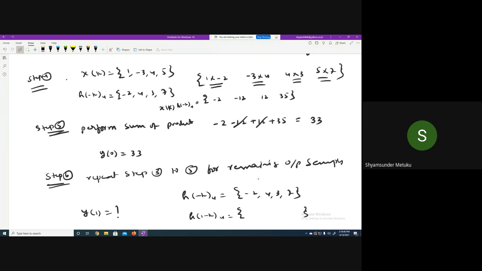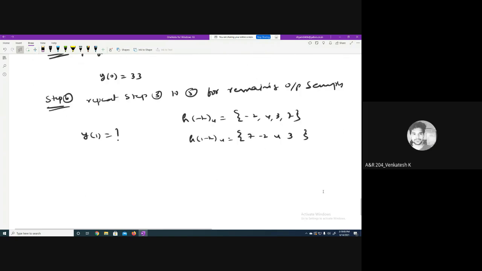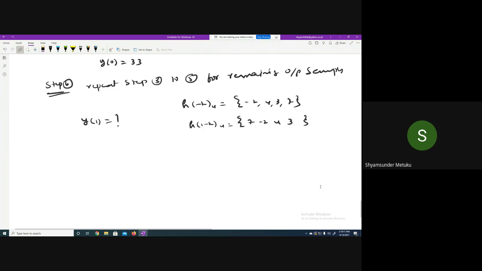The signal is shifted right by how many times? 1 time. So if you shift the signal right by 1 time, what is the value? 4. Respond. Why 4 minus 2? I don't understand. No, 7 minus 2, 4, 3. We have seen that in the very beginning, no? Simple, no? So don't get confused. More practice is needed, otherwise you will certainly make mistakes. So it is 7 minus 2, 4, 3, isn't it?